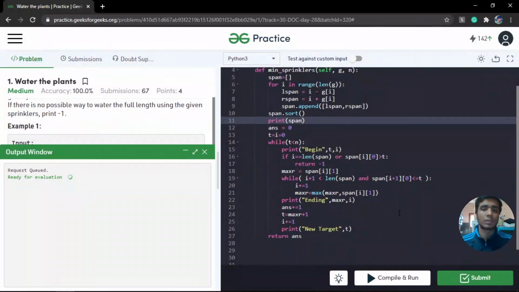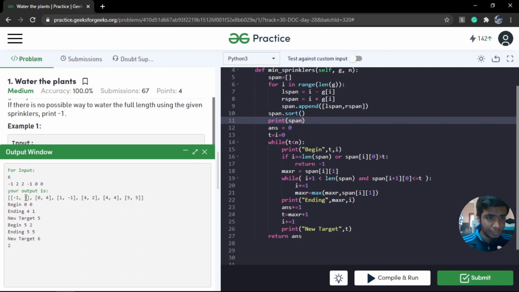Okay, so this will take care of all the conditions, right? So this is going to be my span array, and I'm looking for a target of 0. While doing so, I have these two entries which satisfy the condition that the span start is less than or equal to target, right? Our target is 0, so 0 is satisfying, and -1 is also satisfying, but we're going to choose the sprinkler out of these which is going to put us further to the right. This one puts me at 3 units, and this one puts me at 4 units. So obviously I'm going to choose this, and now my new target is going to be 5.